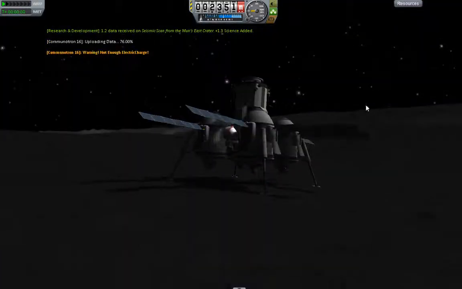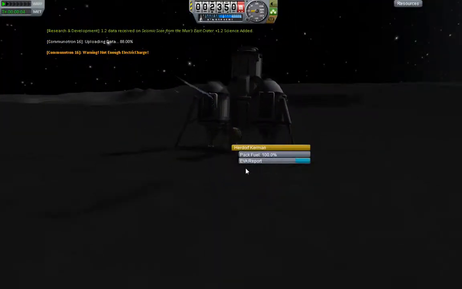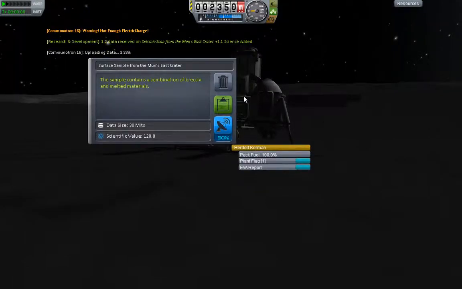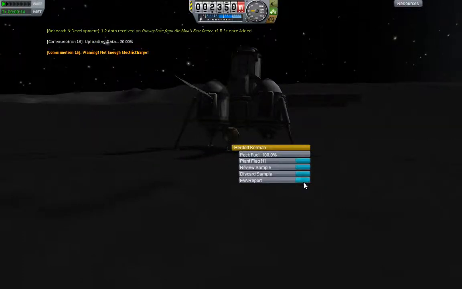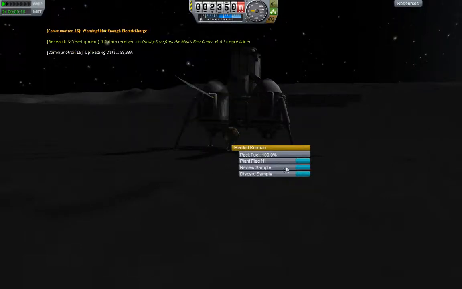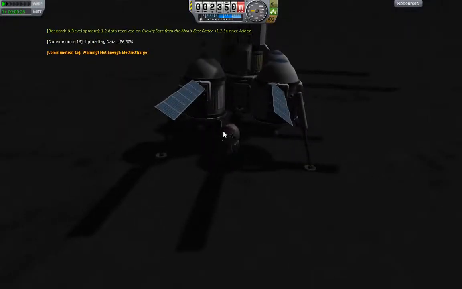Yep. And you can climb on out and get your stuff. So take surface sample. The sample contains a combination of breccia and melted materials. Keep that. EVA report. The dust is getting everywhere. Keep that. Plant flag. Although that's a really shitty place to plant it, but...